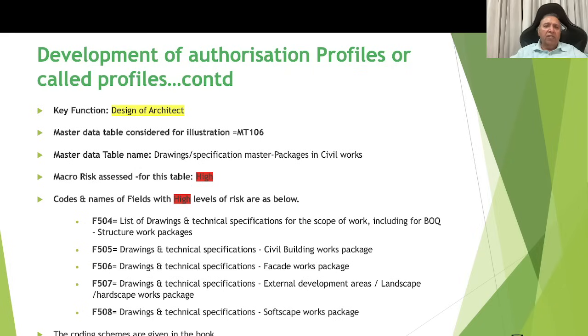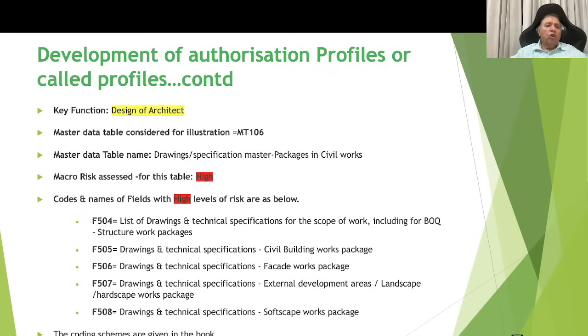Developing of the authorization profiles, continuing, let's say example of one key function as design of architect. Let's take one table at a time. Master data table, say MT106. Master data table name, let's say drawing specification master package for civil works. And macro risk assessed for this master data table is high. That means at the table level for MT106 drawing and specification, the risk for accessing this table itself is deemed